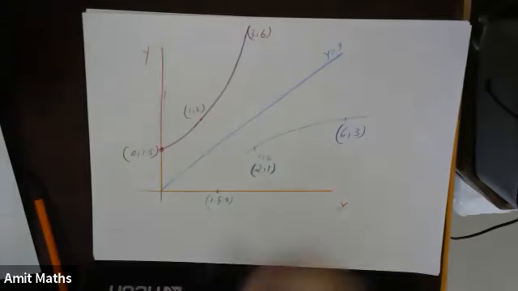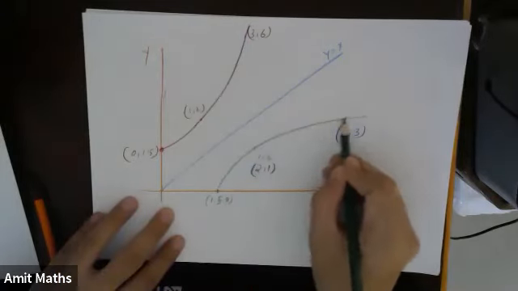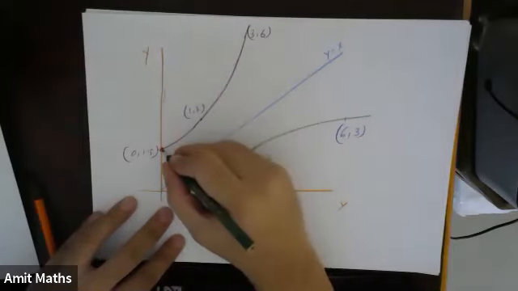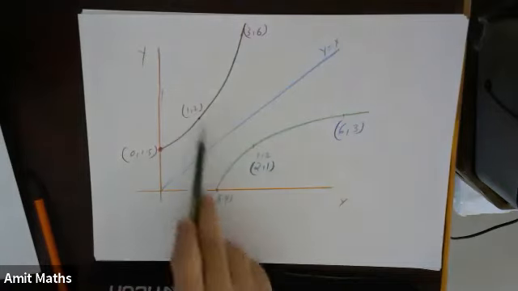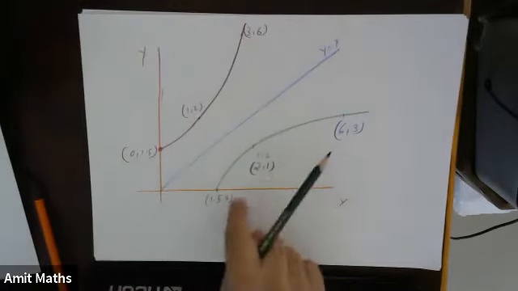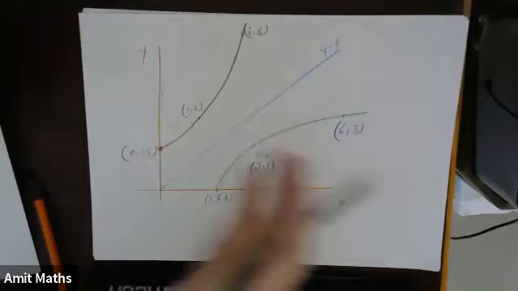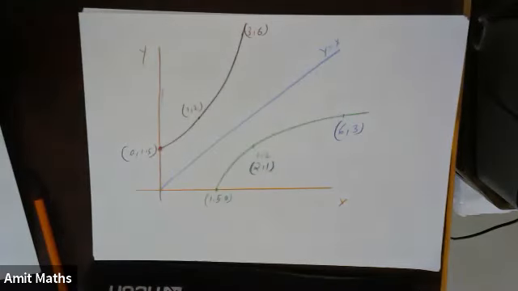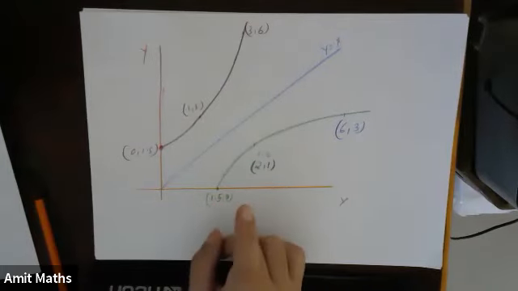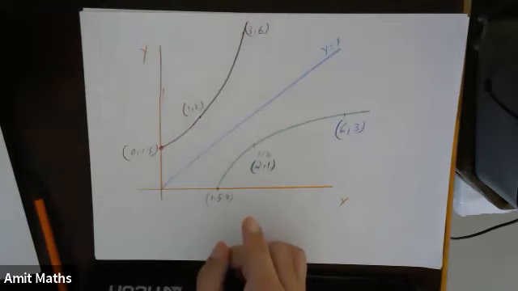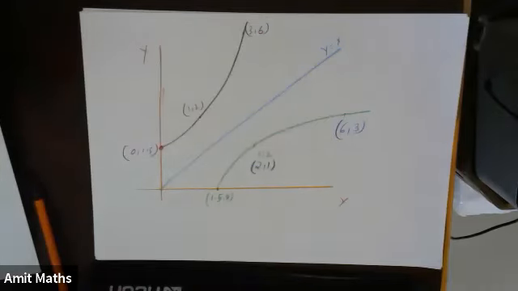If this graph is this, the mirror image will be something like this. We have been given 3 points, so we can take the mirror image and plot an approximate graph. So this was the graphical approach. They asked us to find the graph first. Then we'll actually find the inverse of the function which we have. Understood? Now let's find the inverse of the function.